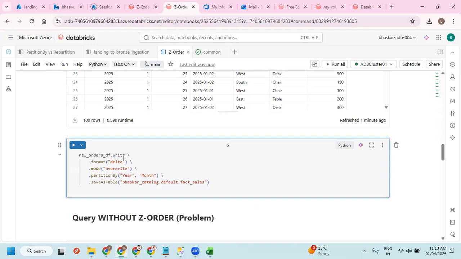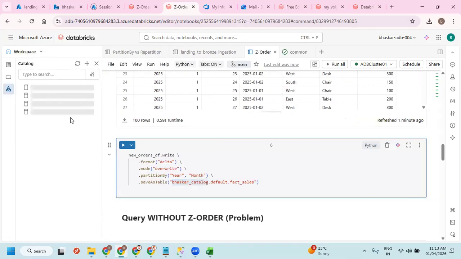Let me write the data into the target with delta overwrite partition by. Let me take my catalog here.